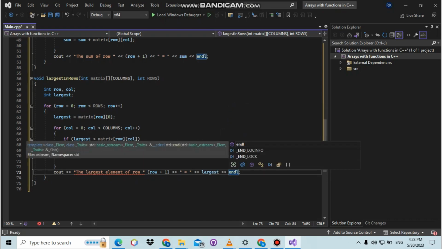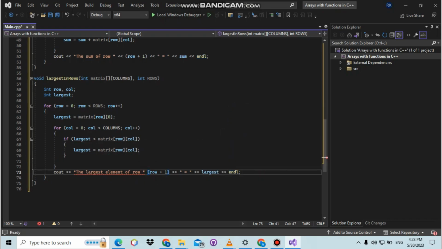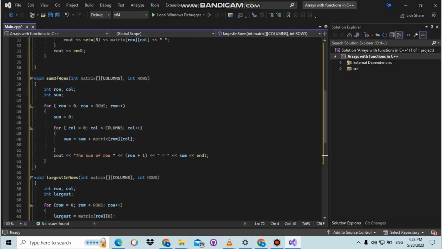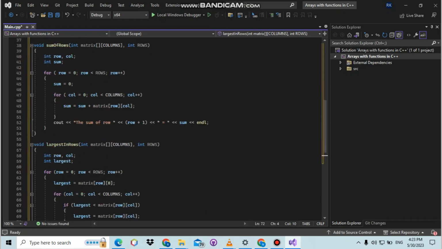Awesome. Let me close something in here. Awesome. So guys, what's happening is that we're trying to get the largest in the rows, as you see in